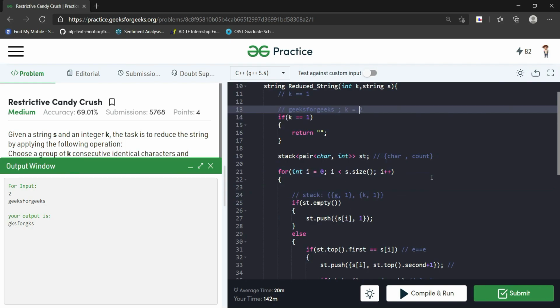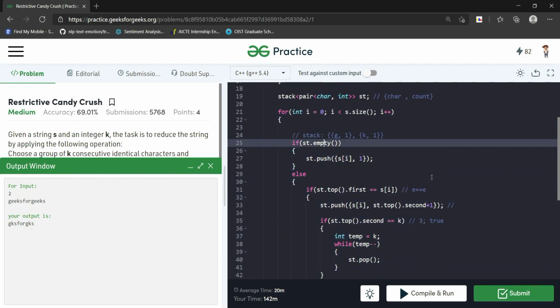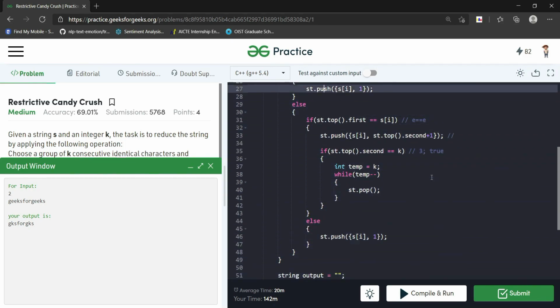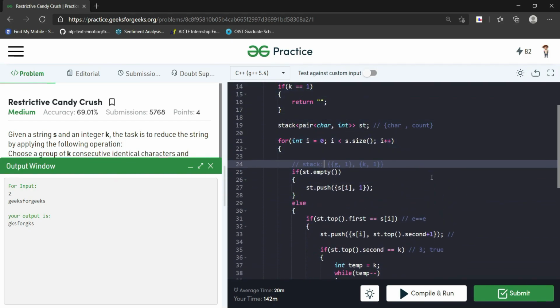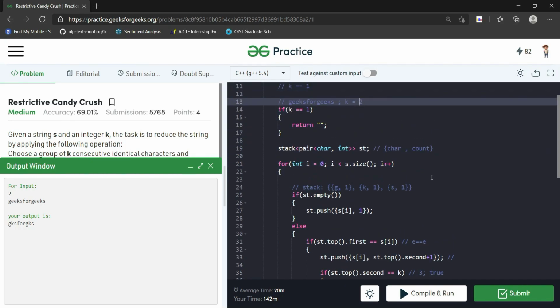right? Now we come over to s, and since the stack is not empty and the top of the stack is not equal to the element, so we push it again, same like k. So s comma 1, and the stack is again not empty.